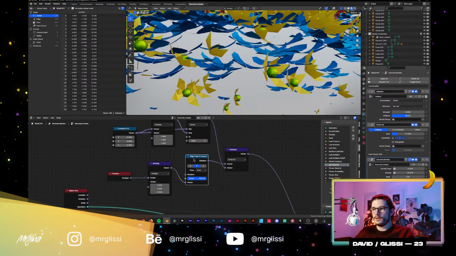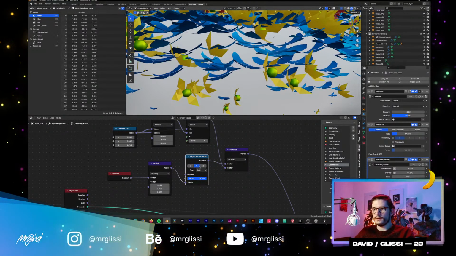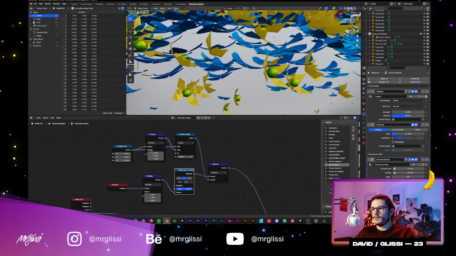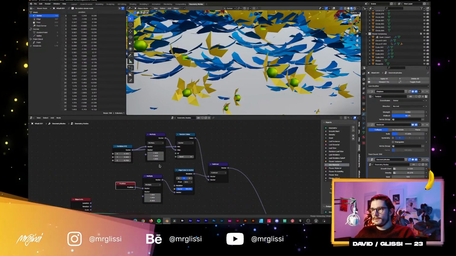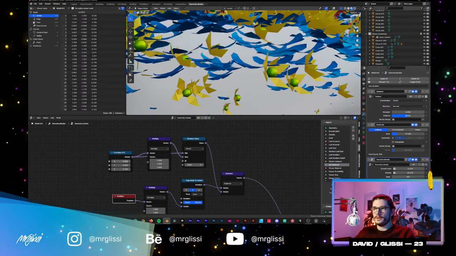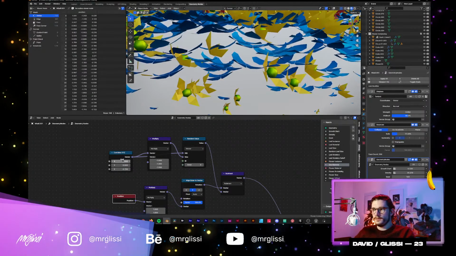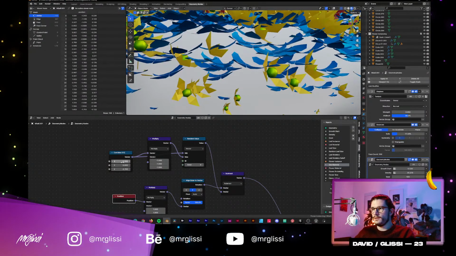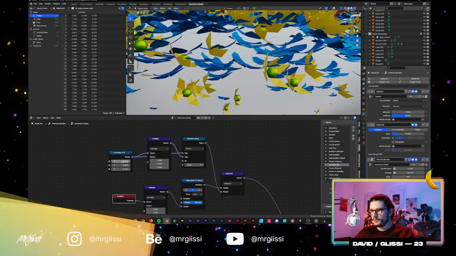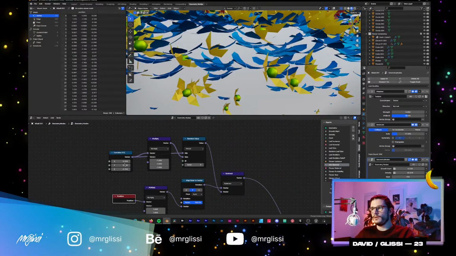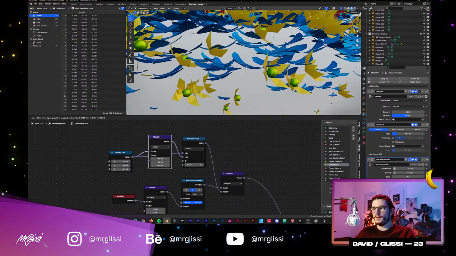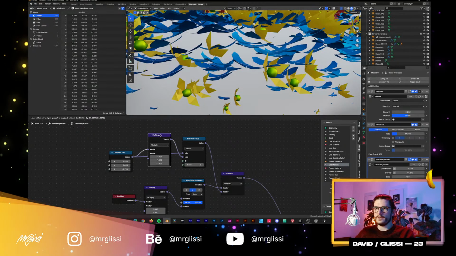Align Euler to vector, and then just to the Y axis, and then we have that part. And then to randomize the other values a little bit, I got the combine XYZ and used a slight rotation on X and a slight rotation on Z, and then multiplied those by -1, so to